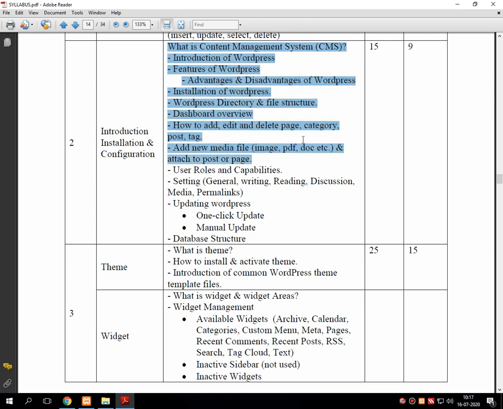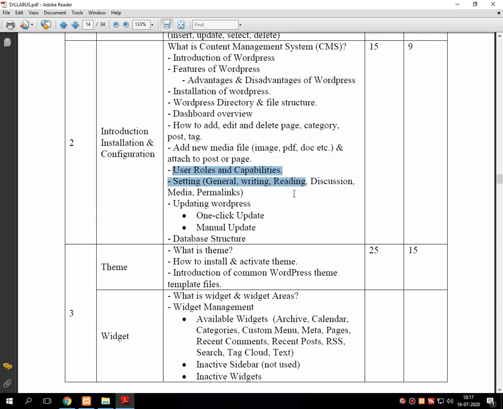Now, we are going to discuss the remaining topics of unit number 2, which starts from user role and capabilities. By default, whenever we install WordPress into the system, one user is created which is called the admin user. But as we know, and even described in the features of WordPress,